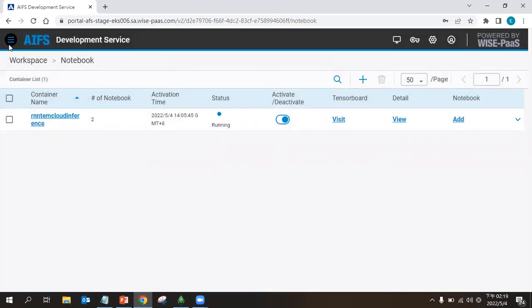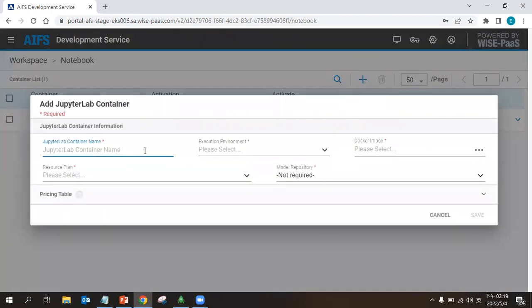This Jupyter Lab container is provided for developers to do some development online. If you want to create a new container, you can